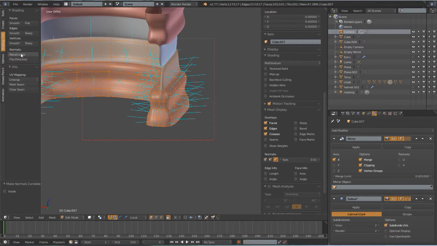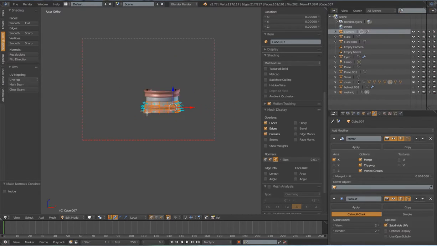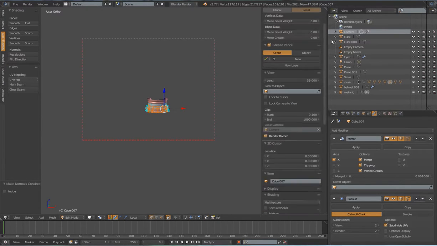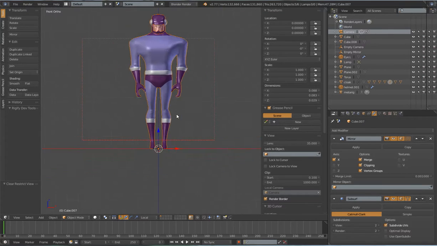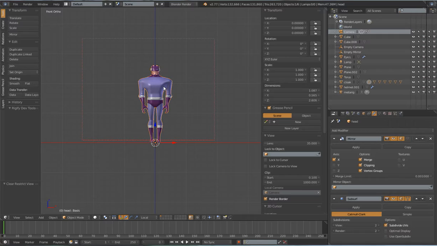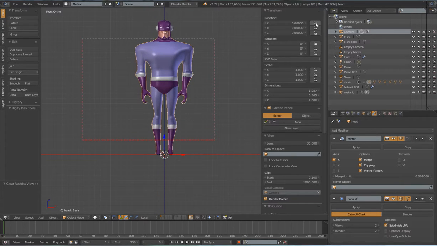So just recalculate those again, and now that mesh is fine, and we've got all our locations, rotations, and scales applied. And I think I can just do Alt H to unhide everything again, and we're set. One of the things I like to do is actually select my meshes and lock all these transforms, so now I can't accidentally grab it, rotate it, or scale it,